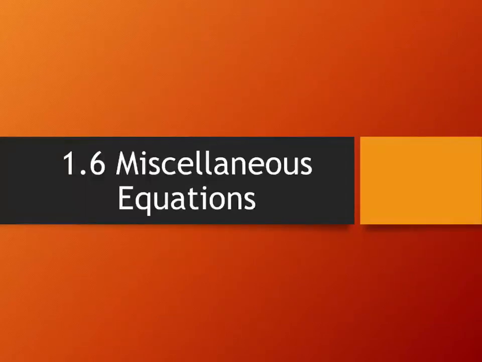Section 1.6 is titled Miscellaneous Equations. So it's kind of a hodgepodge of everything that we haven't seen, but it has relationship to things that we have. Some of the things are going to be similar to what we've seen before, but they'll have different kinds of results that happen. And so they're kind of just mushing them all into the same section so that you can consider them all